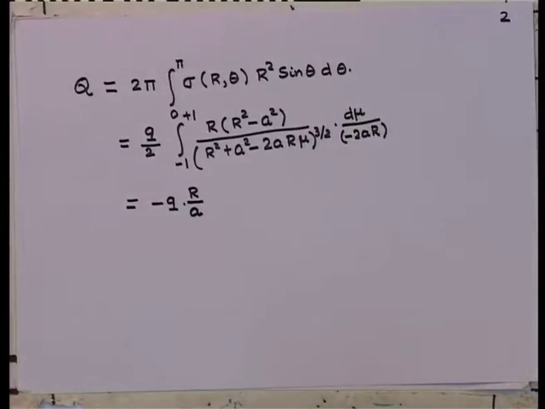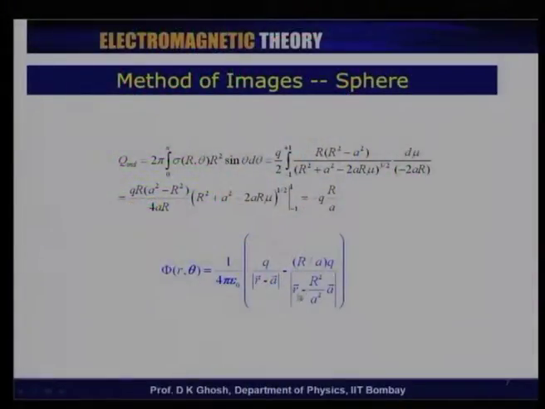So, notice that this is actually exactly equal to the image charge that we put in the location given by B equal to r square by a. So, that is the amount of charge that is induced on the surface of the sphere. In terms of vectors, well, this is scalar, but in terms of vector distances, I write down the potential expression as 1 over 4 pi epsilon 0 q by r minus a, and of course, this is the contribution due to the object charge, and this is the contribution due to the image charge.